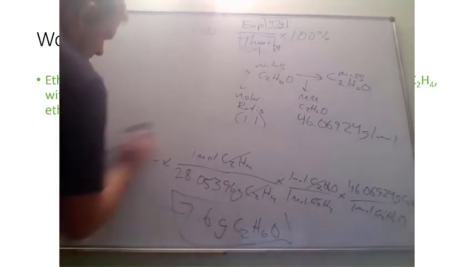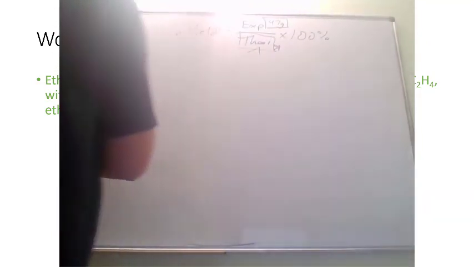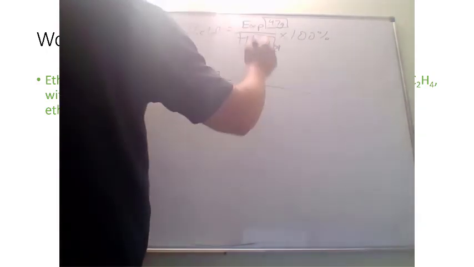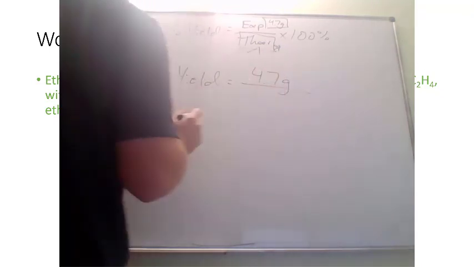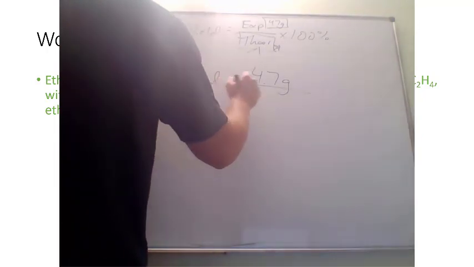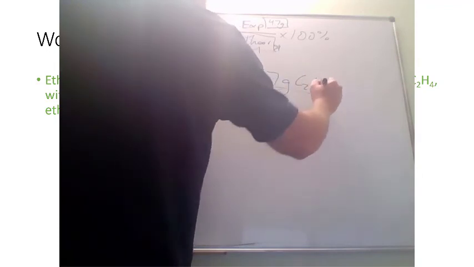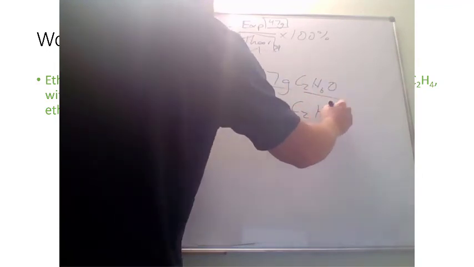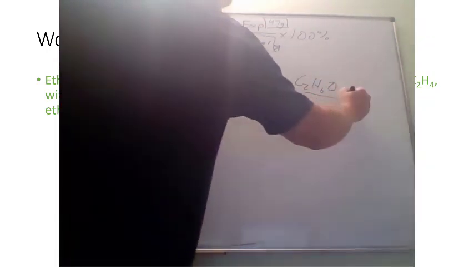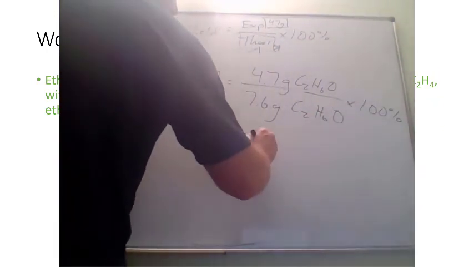So if we take a look now, plug and chug our final equation, we can say that percent yield is equal to our experimental yield, which was given to us in the problem, 4.7 grams, over a theoretical yield, which we just solved as 7.6 grams. And again, these are both of C2H6O. You can see they're both the same units and both the same compound. Take that value times 100%, and we get a final answer of 62%